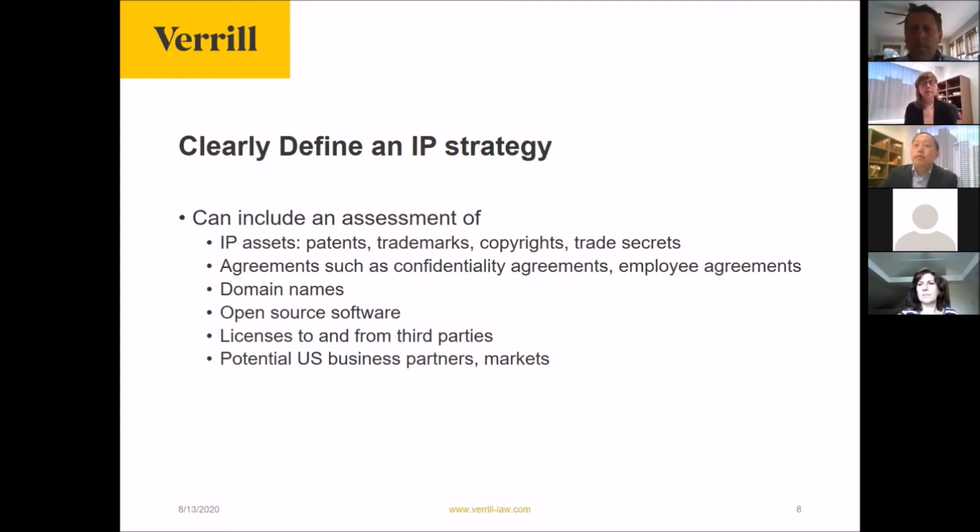one of the first considerations is to have an IP strategy. So a company should think about developing an IP strategy for entering the U.S. And this can include a number of factors. There's a list here which is not necessarily exhaustive, but it's something to think about. And the first one there refers to an inventory of a company's intellectual property assets. And these are typically patents, trademarks, copyrights, and trade secrets. And of these, patents can require a great deal of careful thought.